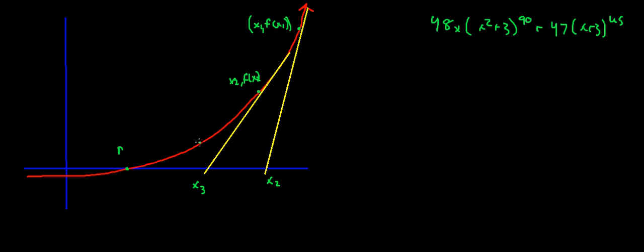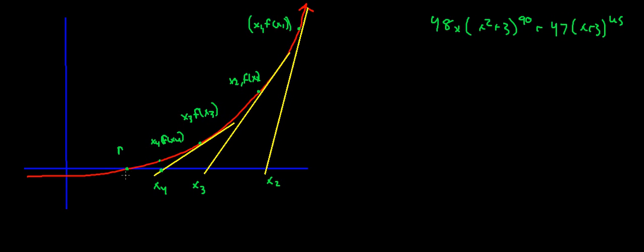That's going to be about here, and this is x3, f of x3, and do it again. So this will intersect here at x4. This point is x4, f of x4,